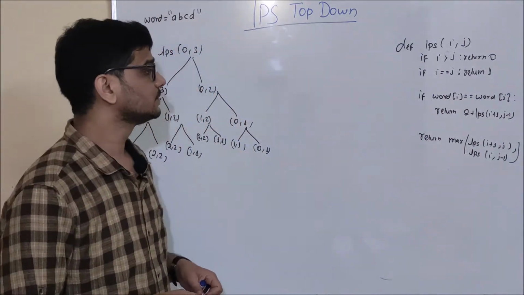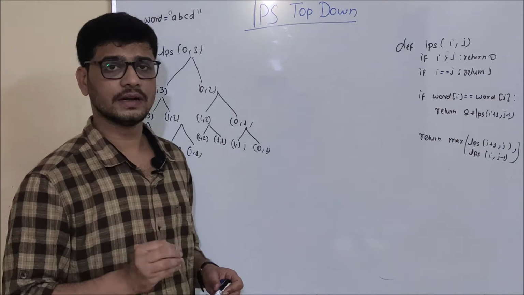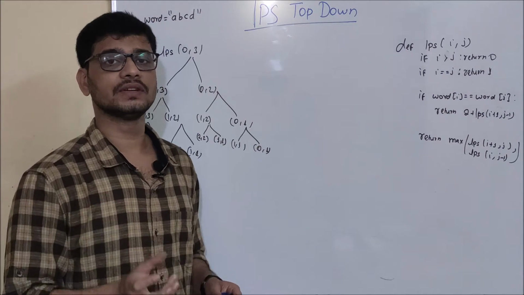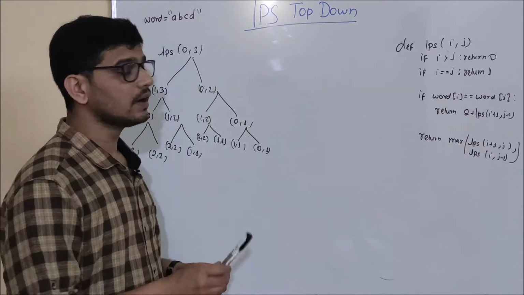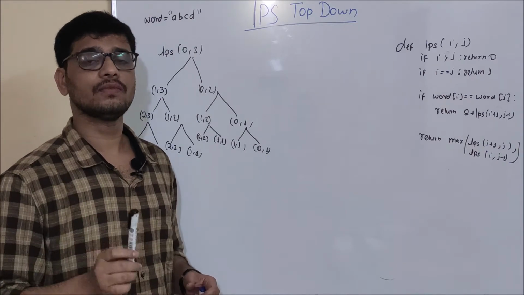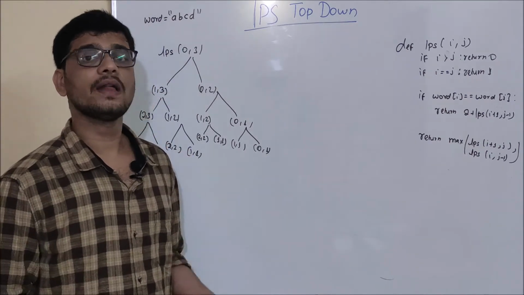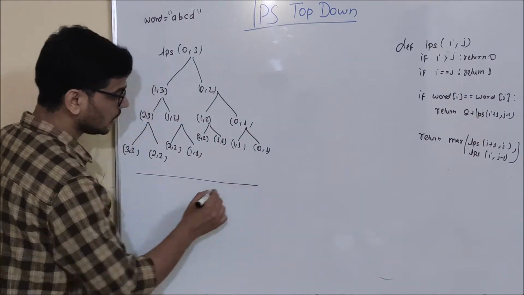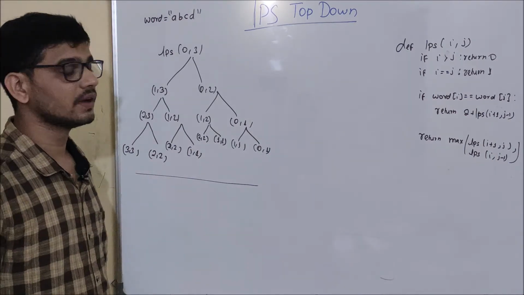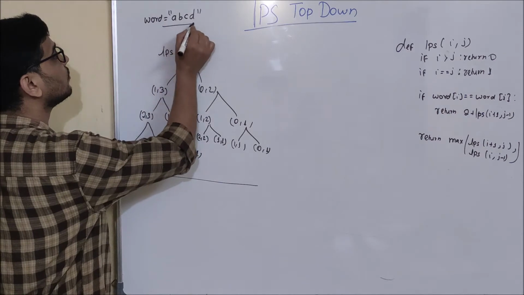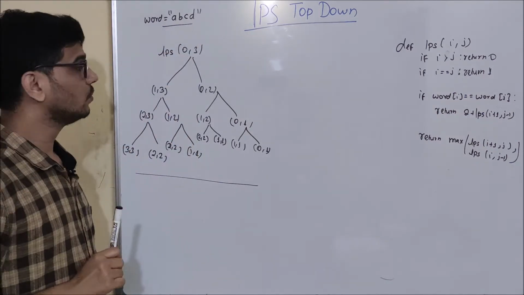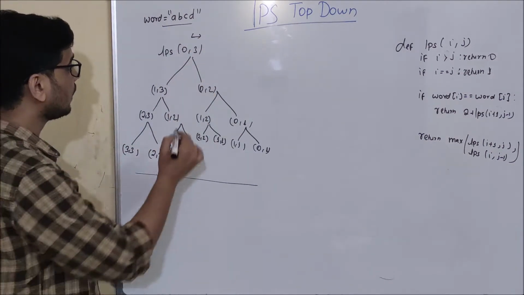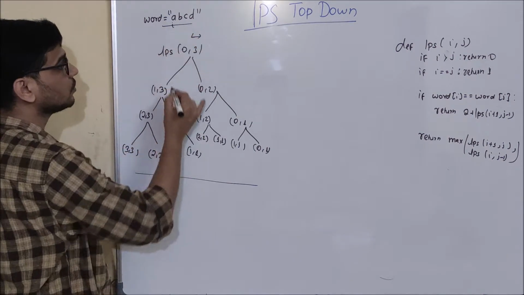So friends, to do memoization we need a table, and for the table we need dimensions, that is, the number of columns and number of rows in that table. And how are we going to find that out? To find it out, we are going to use a recursion tree. See, I have taken the example of this word ABCD. So if you draw the recursion tree for this word,